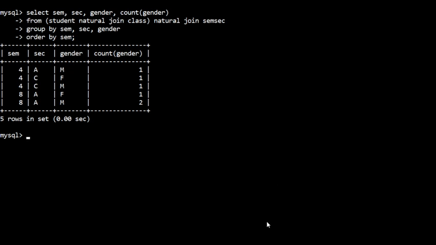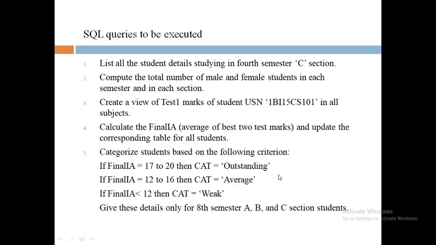Okay, now we'll see the next one. The third query is create a view of test 1 marks of student with USN 1BI15CS101 in all subjects.